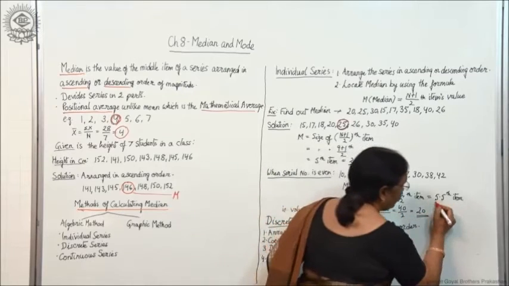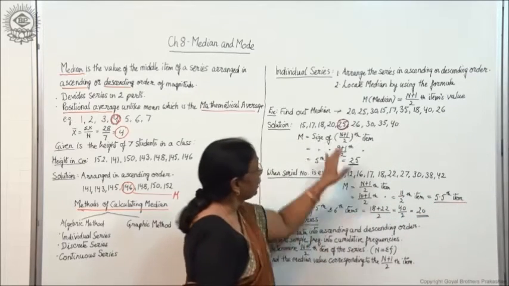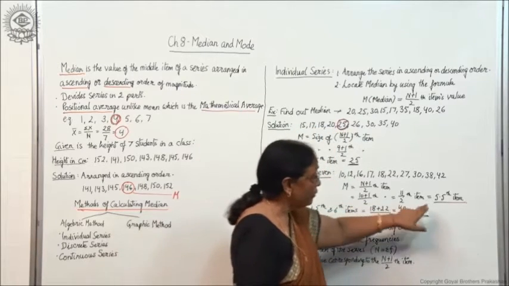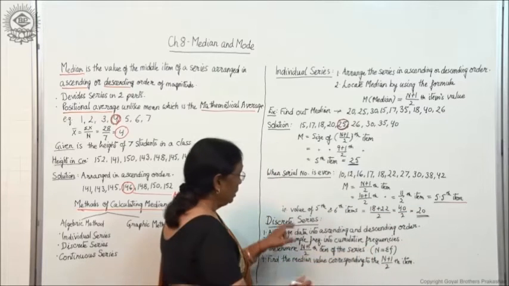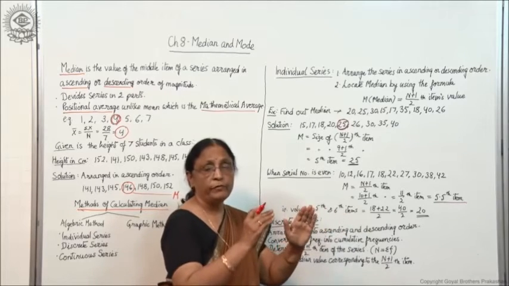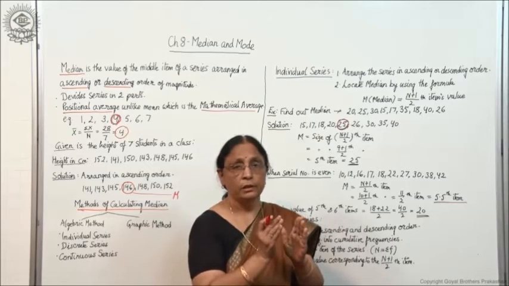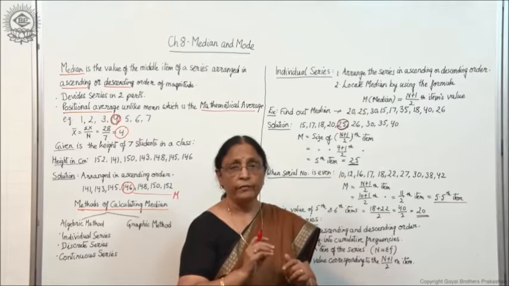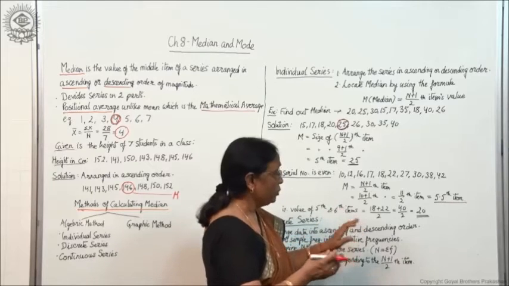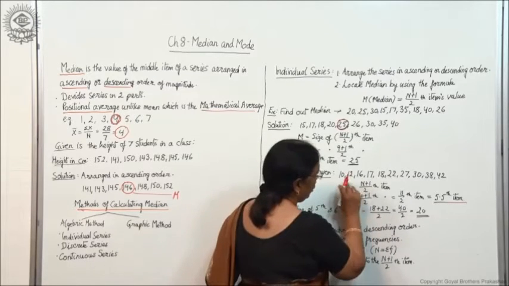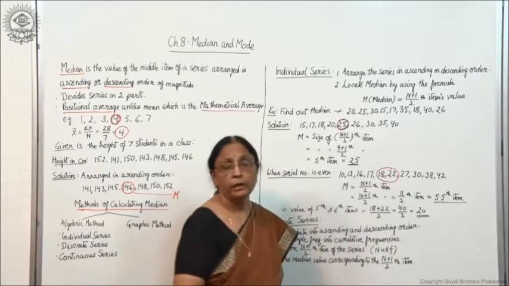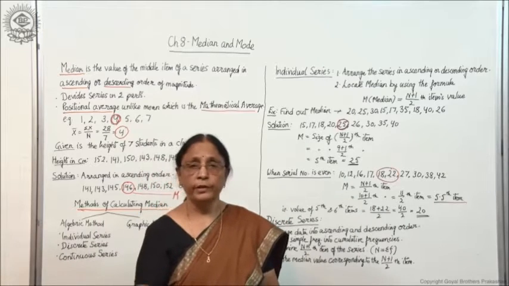Now you have to find out what the 5.5th item is. Here it was very clear, it was the 5th item, so you could easily locate it. Here it is the 5.5th item. What does it mean? That is the value of the 5th and 6th items. That means the median is in between the 5th and 6th, because it is 5.5. It is neither 5 nor 6, it is 5.5. So it is in between. In between what? 1, 2, 3, 4, 5. These are the 5th and 6th items. In between these two values there is the median.